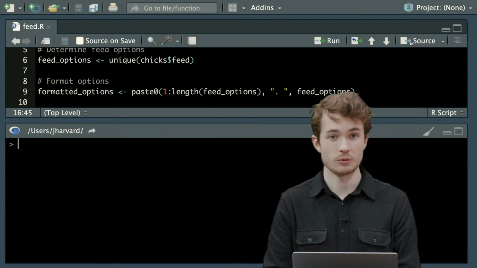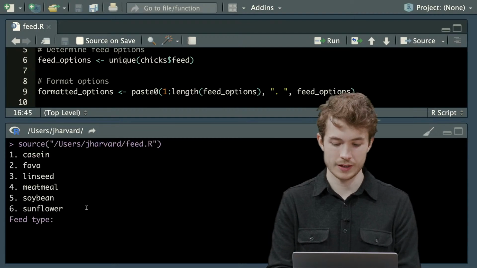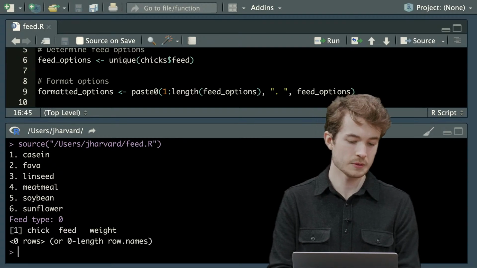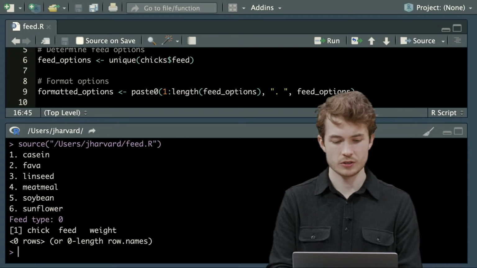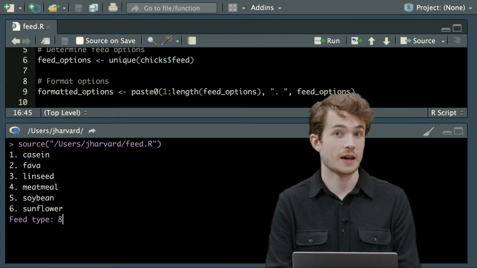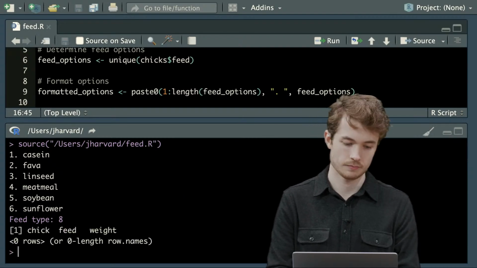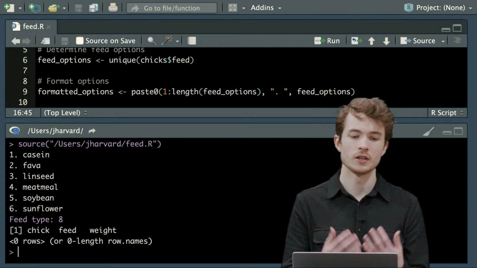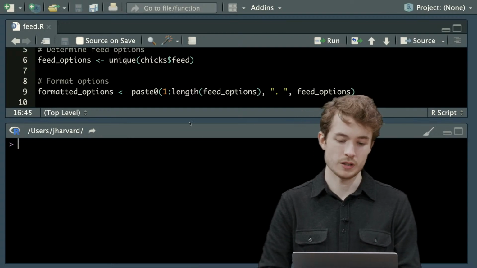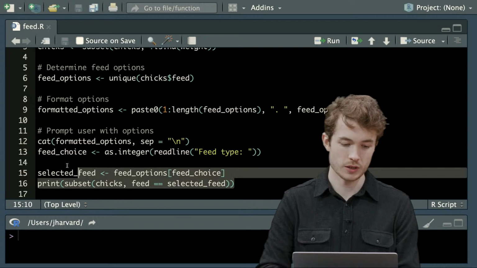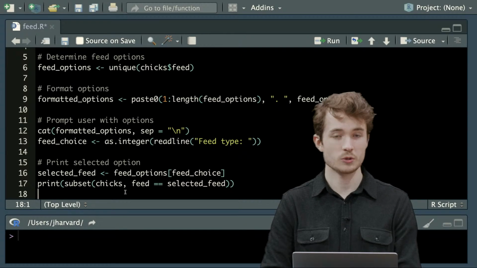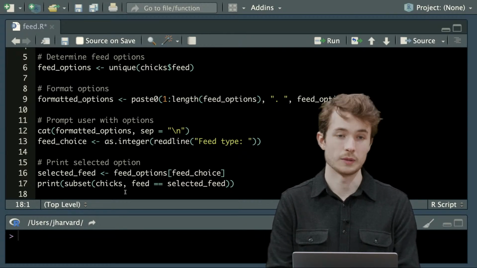But what if, as someone suggested earlier, the user types something in like this, 0? So this, it seems, is not the output I want them to see. Let's try something else. Why don't I do source? Why don't I do 8, which is certainly outside of our valid range? So we're still printing something to the user, but I don't want to do that. It seems to me like I should really only be running these lines of code to print, in this case, the selected option,